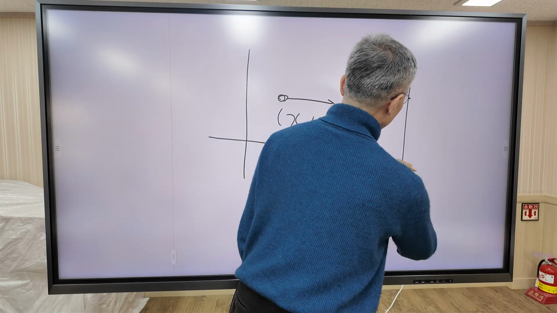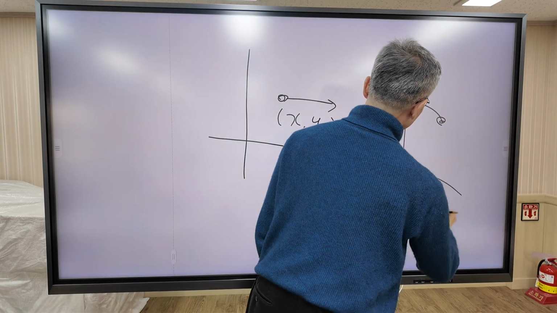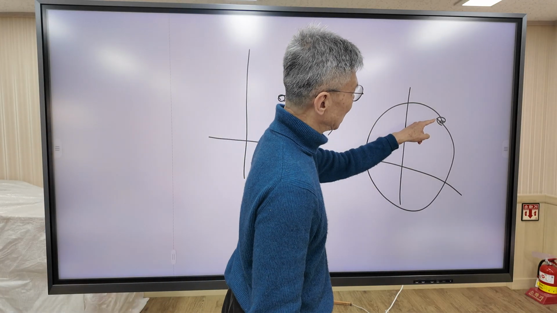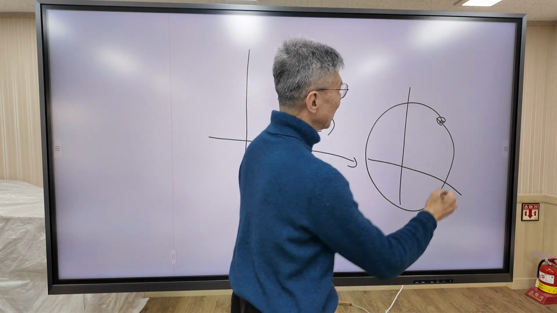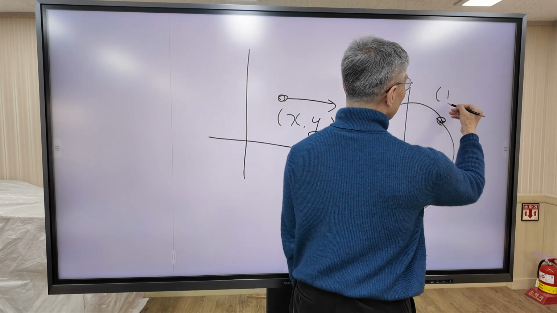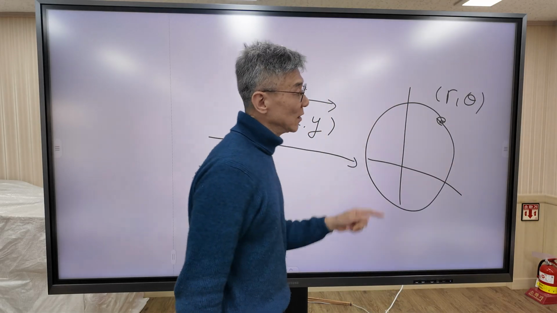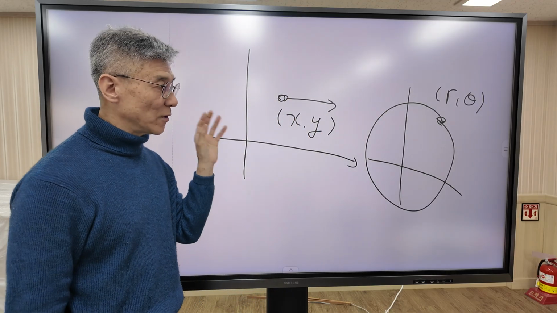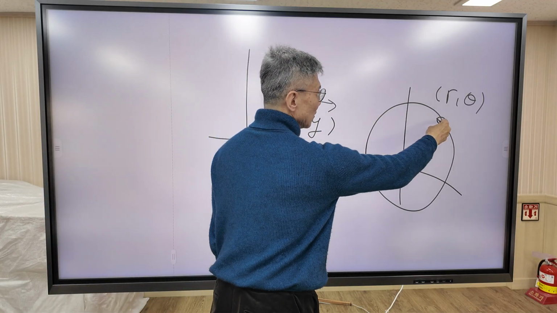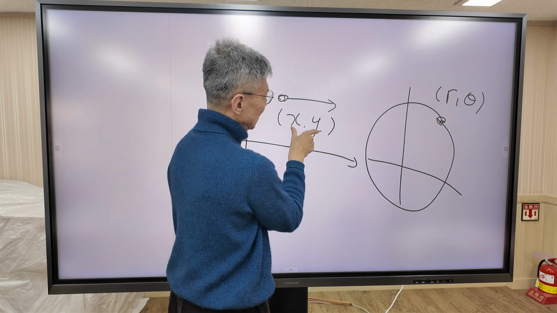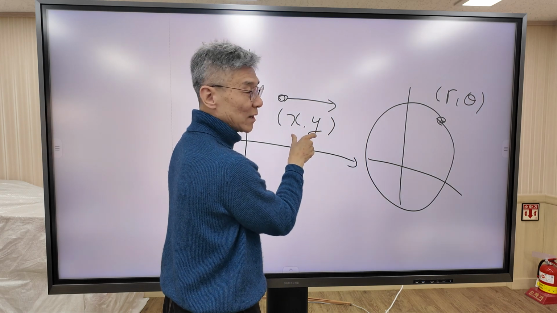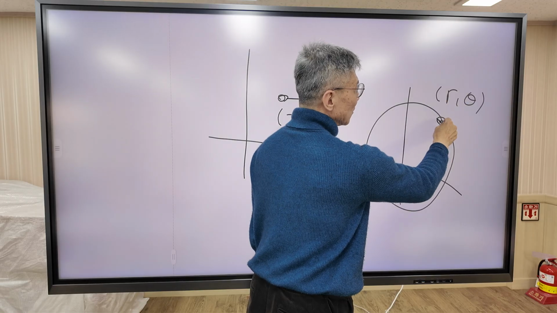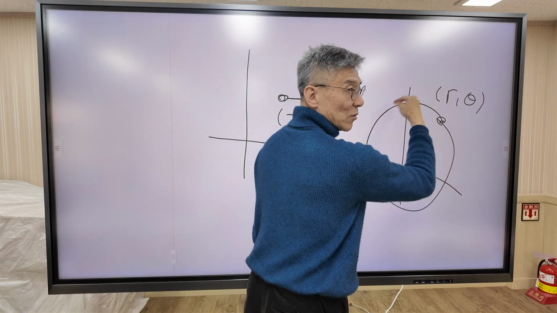But what happens when a particle moves in a circle? Then to describe the motion on a circle, it is more convenient to use the polar coordinate, instead of the rectangular coordinate. Of course, we can describe the motion on a circle using the rectangular coordinate. It is also possible, but it is more natural to use the polar coordinate when the electron moves in a circular motion.